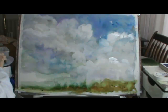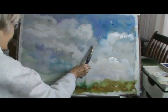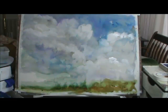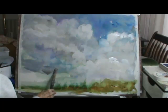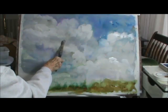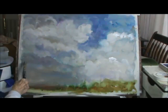Okay, now I'm going to bring in some more, just a little burnt sienna right in here. Because it's kind of opening right in here, of darker clouds. And a lot of blue, even darker colors down in here, and that's really dark. But I want it more blue. Just goes this way, like this. Maybe I'll put some of that in here too. You want to carry your colors through, you know. It's not the same color, but